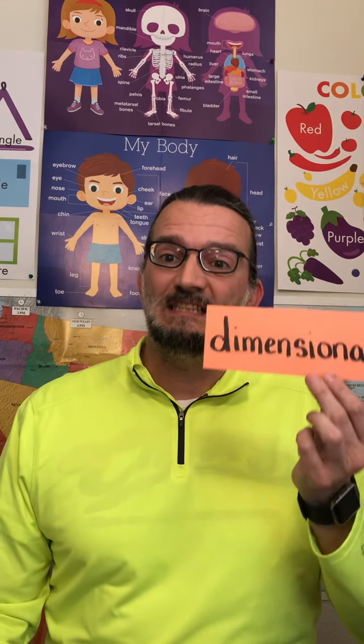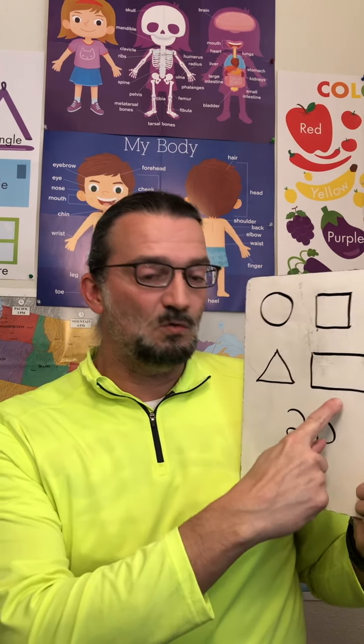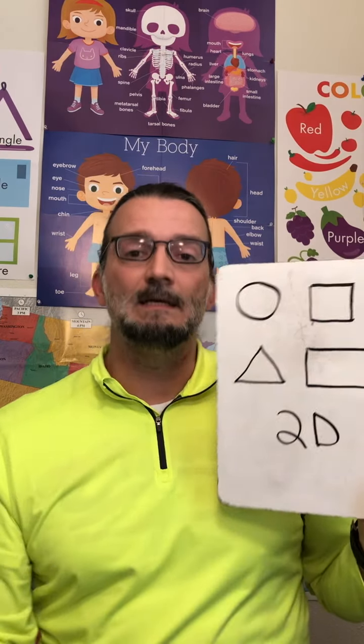Okay, and now after that, we're going to move on to math. We're going to talk about shapes. What kind of shapes? When we talk about a shape, there's something called 2D or 3D. We're talking about a big word, dimensional. Dimensional is dimensions. If we're talking about the normal shapes, like circle, square, triangle, rectangle, those are called 2D because